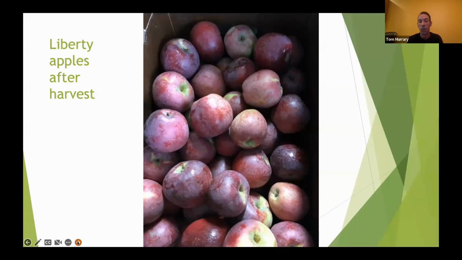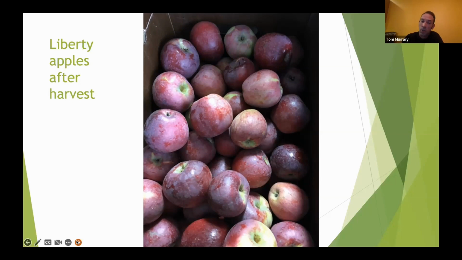I experienced that in an orchard that I helped renovate, where the prior farmer was doing things very old school, just using chicken manure at a particular rate every single year, and that's how he had learned it. And the color was terrible, and the fruit didn't really want to ripen, and storability wasn't so good. And then I convinced him. He was very reluctant, but I said, hey, we need to step off of this heavy nitrogen. I think there's plenty, and maybe we could go more of a biological approach and really just focus on the minerals and the biology and not be worried too much about nitrogen.